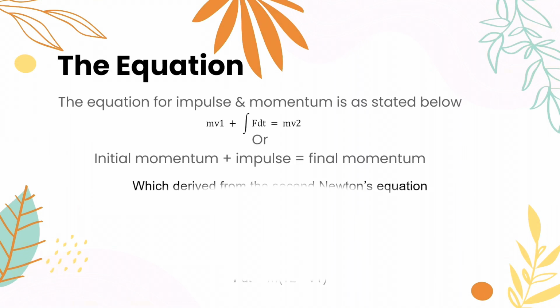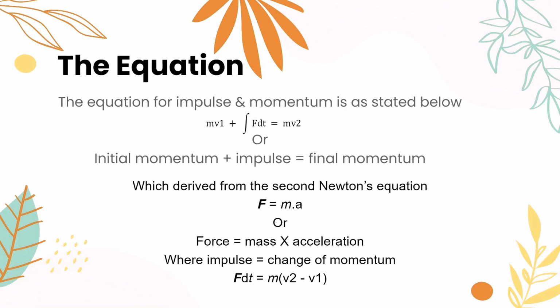For this topic, the equation used is mv1 plus integral of F dt equals mv2, or initial momentum plus impulse equals final momentum. This equation is derived from Newton's second law equation, where force equals mass times acceleration, where impulse is